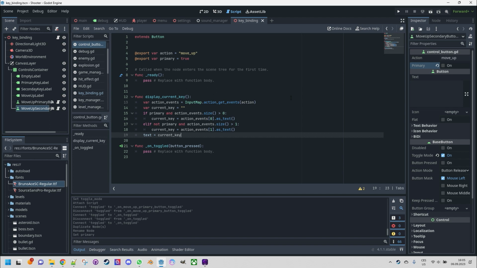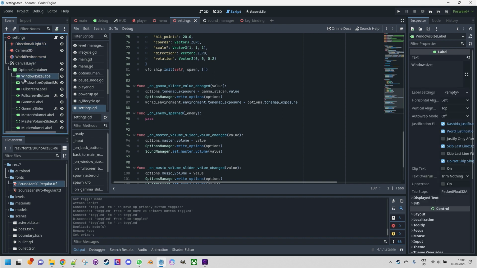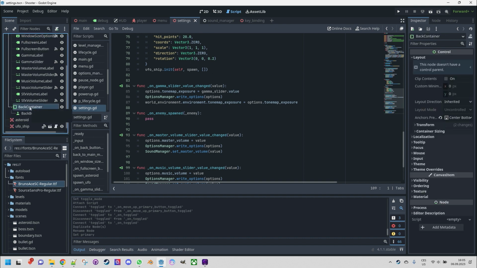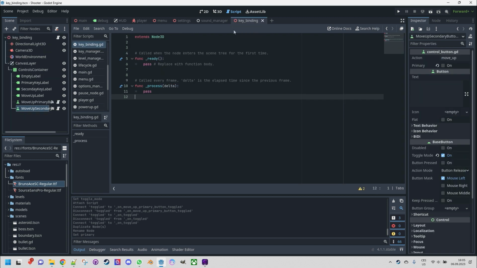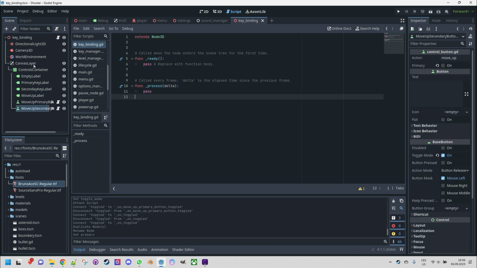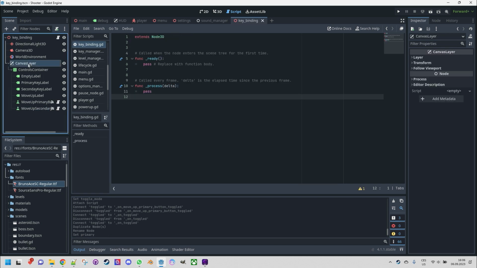Now we want to implement the scene workflow. So let's go back to the settings scene, and we will copy this back container back button. So Control C and back to key binding. It would be outside the option container. Okay, so we'll do it as a child node of canvas layer. Control V to